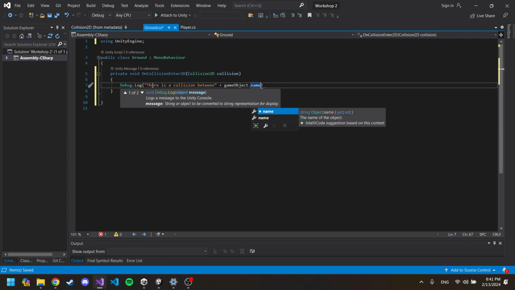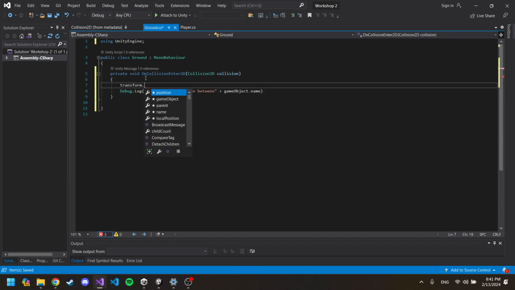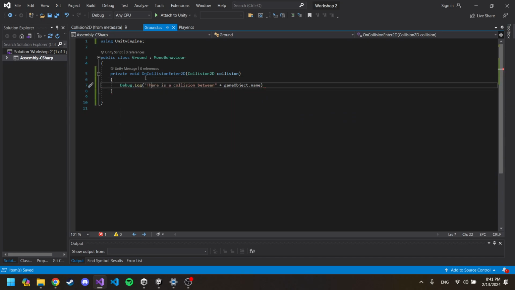So we can actually access the game object attributes, or its transform.position and everything. It's basically something like a virus. You can find the information of the game object because it's attached to it and has access to all of those. So there's a collision between gameObject.name